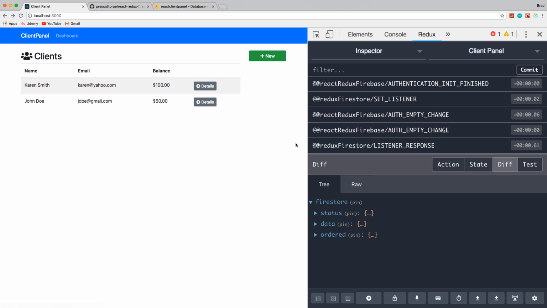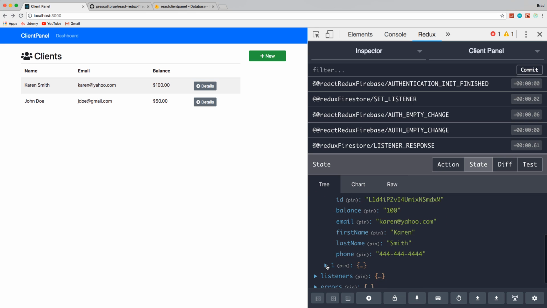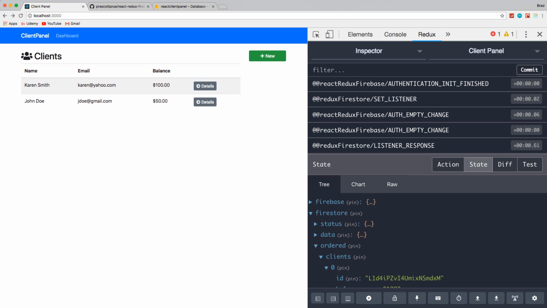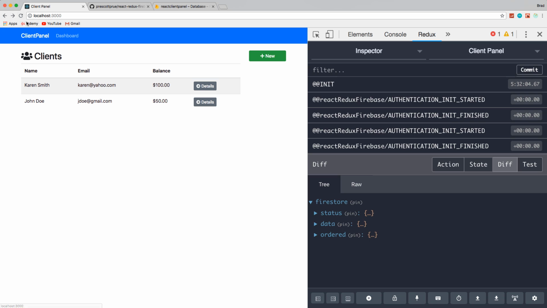So you can see that it's now pulling it from Firebase, or actually from the Firestore. And if we look at the state diff, look down here in ordered, we have clients and we have the array inside there. If we look at our full state, we go into Firestore, ordered, clients, and there they are. Okay, so they're coming in from Firebase. All right, good. So what I want to do, if I reload this, you'll see that loading that we get,